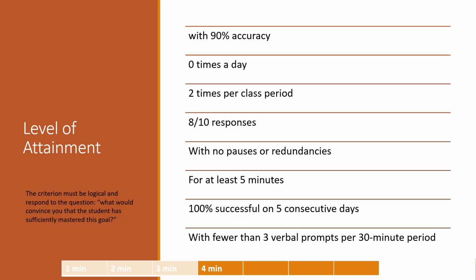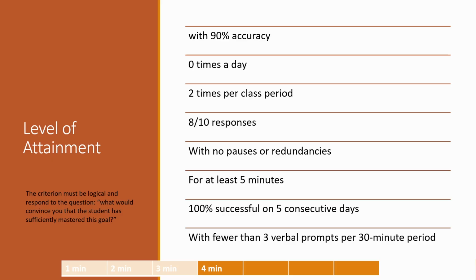So things that might work for setting a criterion could be setting a percentage accuracy. It doesn't always have to be 80% accuracy. It might make sense for the child to go from 70% accuracy to 90% accuracy, depending on how complex the skill is. It might make sense for them to go from 0% to 20% instead of 80% in a year. So it has to make sense to fit the skill and to be aligned with the present level data.